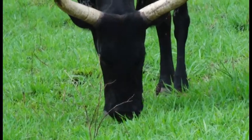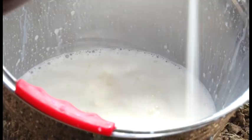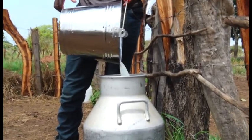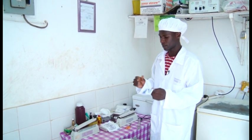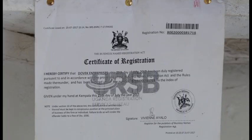For a long time, local ingenuity was limited to milking, churning ghee, beef and hides, which were the only products from the cow. Giving milk a long shelf life or turning it into yogurt was a preserve of big corporations, but not anymore. This simple but effective production unit in Nyendo Town, Masaka district belongs to Dovec Enterprises under the